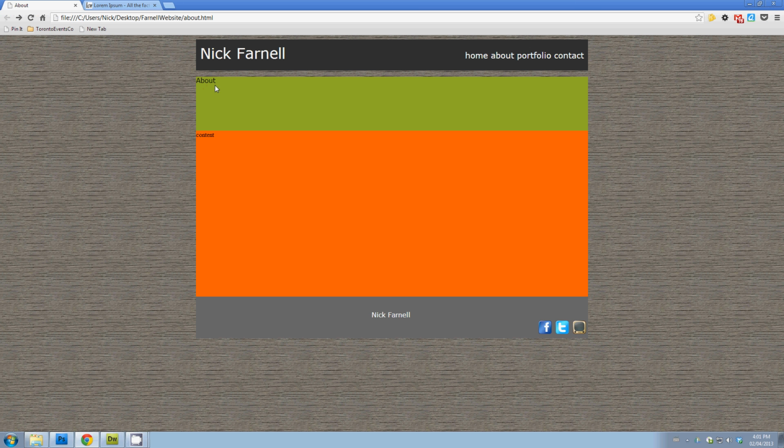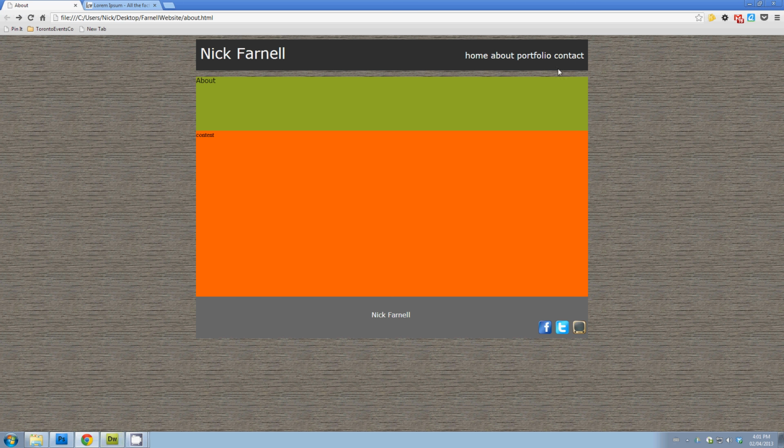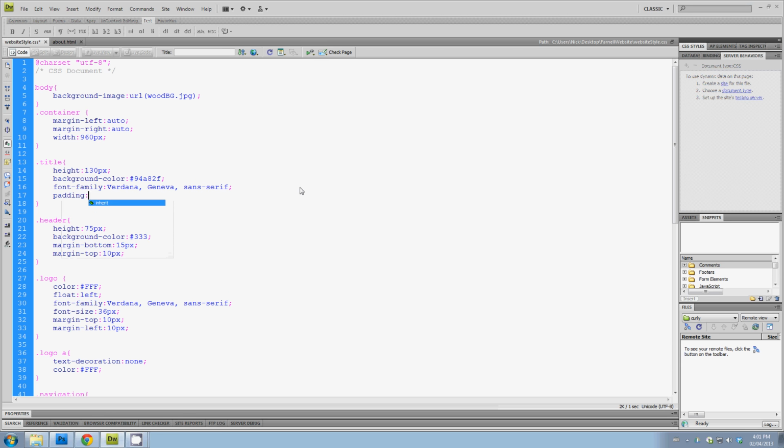So right now the text is kind of rammed to the left and the top. I want to space it out a little bit. So to do that, inside the title, if you think of that title div as this box here, we want to add some spacing to that. Because we're adding spacing to the inside of this rectangle, it would be padding. So if we say padding of 10 pixels,